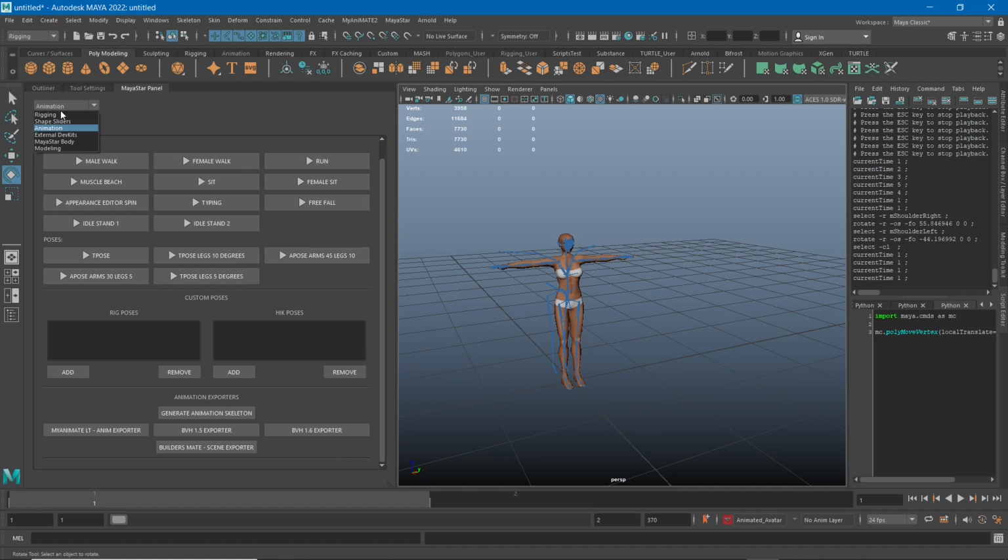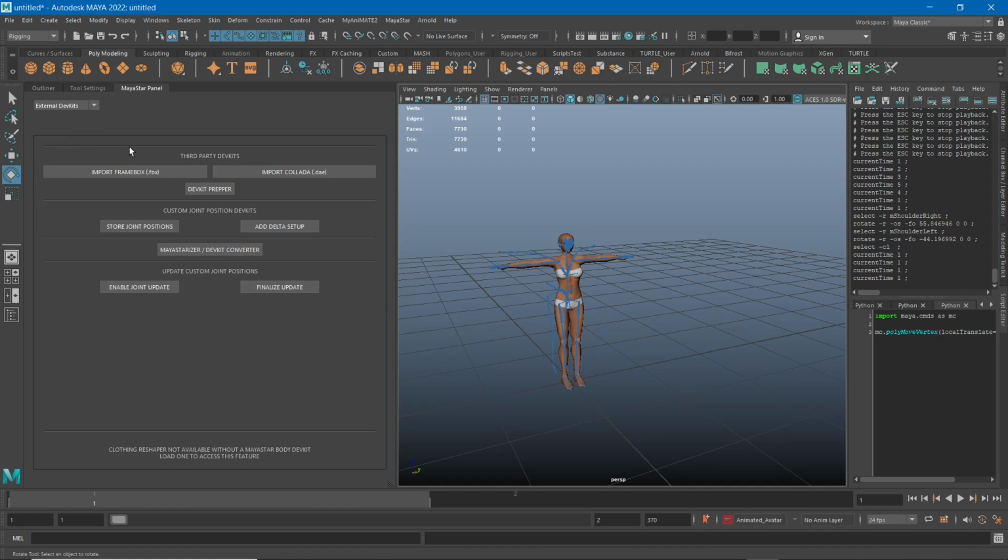All right, now the next one is external DevKits. So MayaStarizing is now being improved with the import Framebox FBX or Collada dae that is going to do a lot of things that the regular import does not expose to the user. It's a sort of secret flag that cannot be used from the interface that improves things quite a lot. So when you do the DevKit prepper, it is more likely to not give you errors when you import